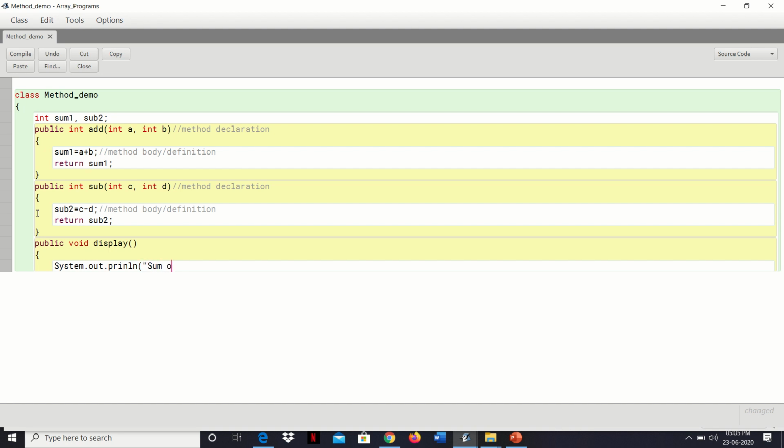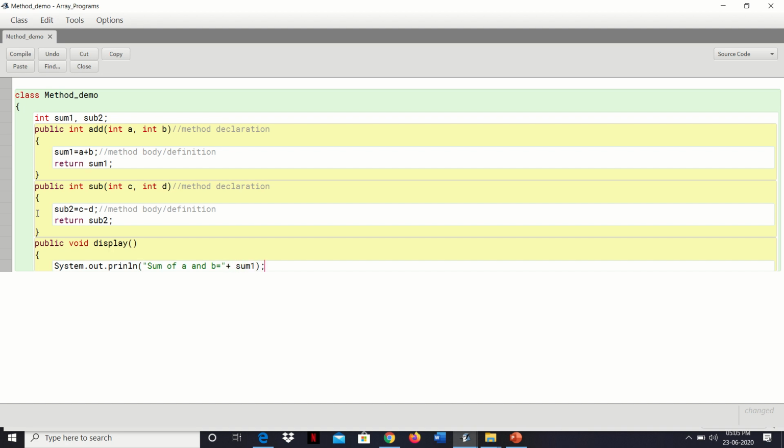See the actual style of writing code: "Sum of a and b equal to " plus the result sum1.